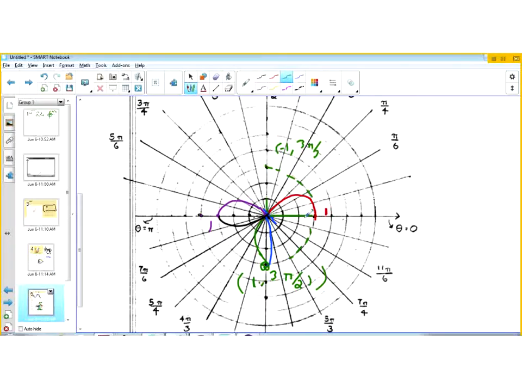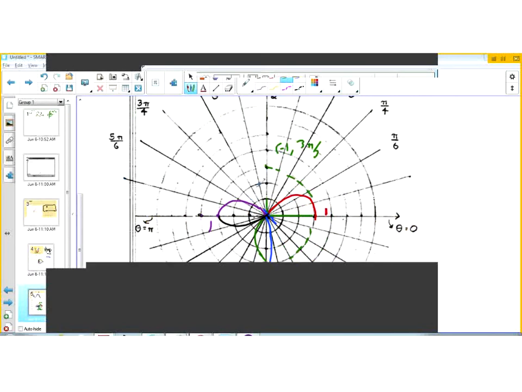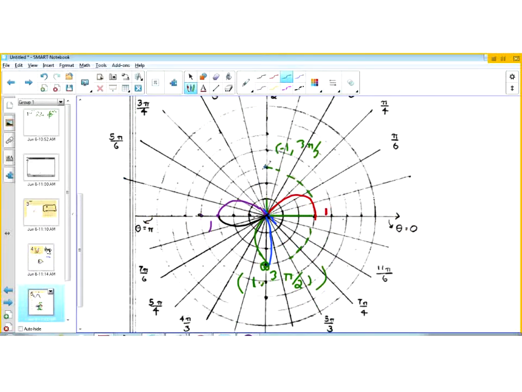All right. So we've identified negative 1, 3 pi over 2. So that would be where we would have to go. So let's check that. Yes. All right, so negative 1, 3 pi over 2 being there,